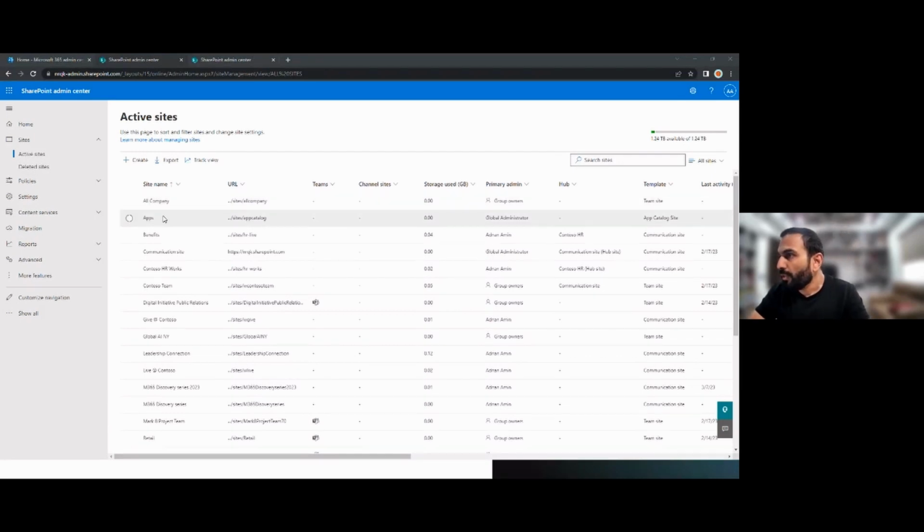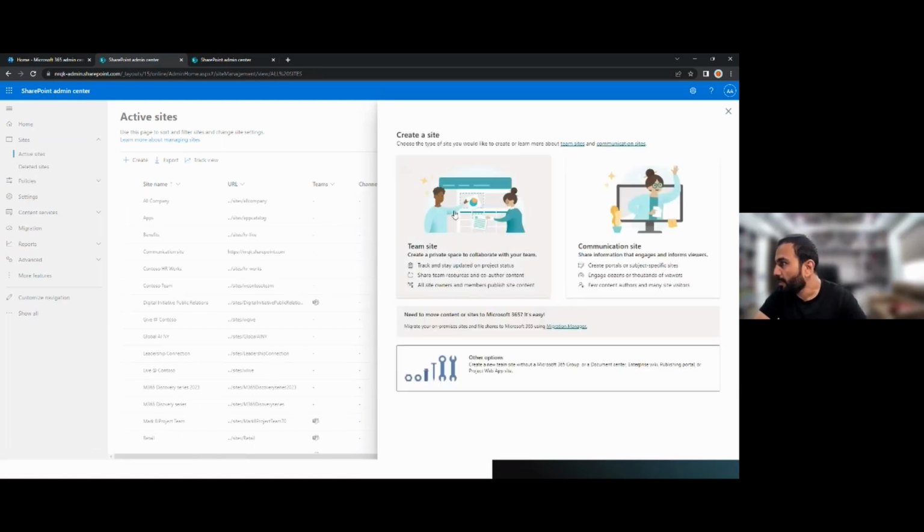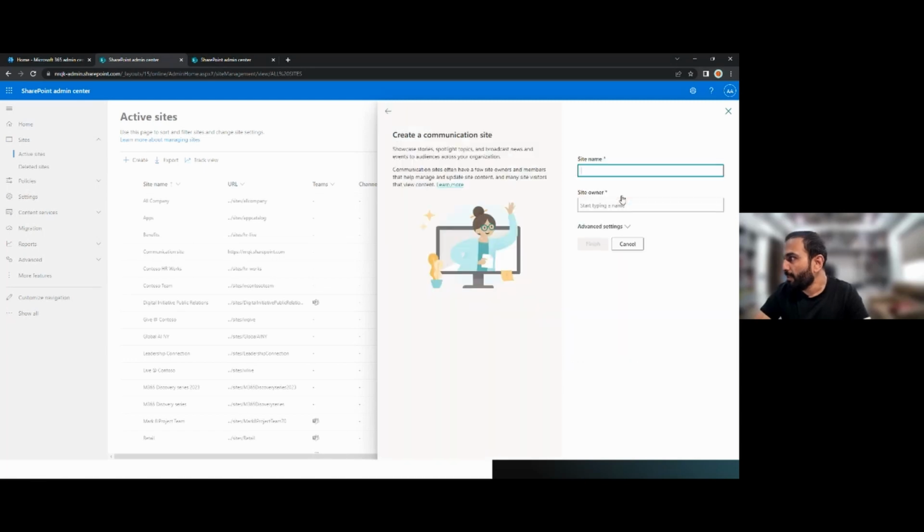So you can see all the sites which are part of my SharePoint Online tenant are listed here. I can create a new site, and when I click on the create option, it's giving me the option to create the new site. Just checking that. So here you can see the two templates, and I'm just selecting the communication site template, naming it as